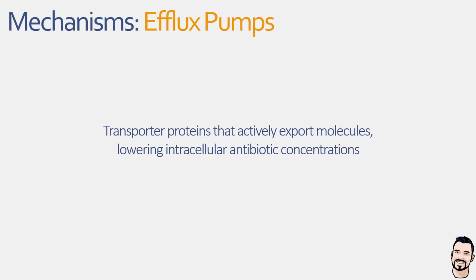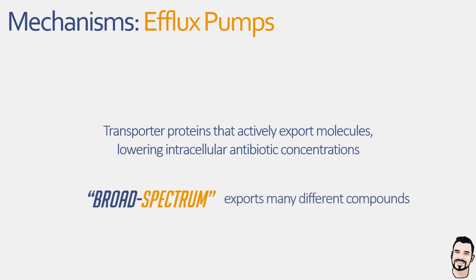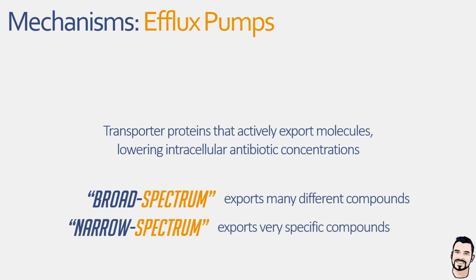Now, our fourth general resistance mechanism revolves around efflux pumps, which are essentially membrane-bound transport systems that actively export various molecules out of the cell, including antibiotics. Now, it's important to remember efflux pumps evolved for normal physiological roles, and therefore we have some that we might consider to be broad spectrum, working to export a number of different structurally diverse molecules out of the cell, which has been shown to contribute to multi-drug resistance, whilst others we might classify as narrow spectrum, only exporting very specific